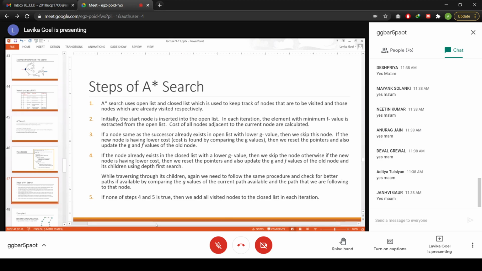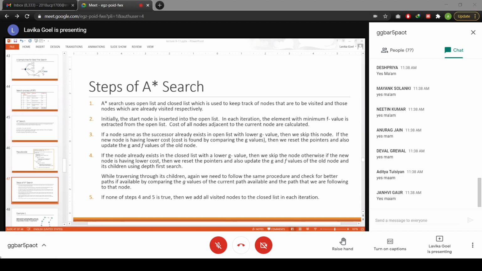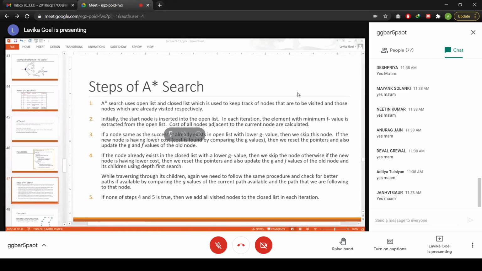And one extra thing which I told you to take care of: while traversing through its children, we need to follow the same procedure, right? It may happen that there is a duplicate node in the children also. Then you have to follow the same procedure for that also. So we will check for better paths if available.